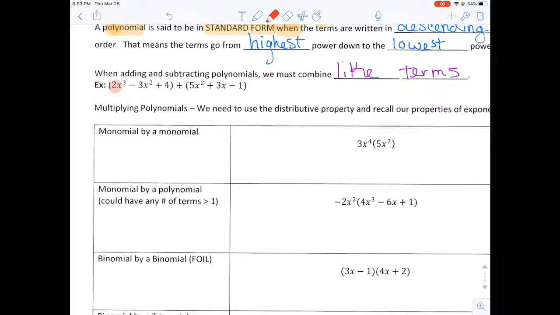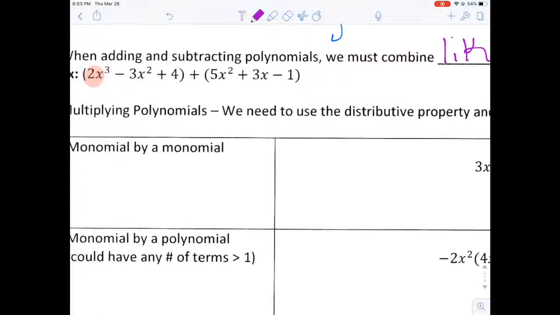Well, there are no other x to the thirds, so that means that piece of my polynomial has to stay by itself. So the beginning of my equation, because this is the highest power, I want to write it in standard form. I start with that one. It's going to be 2x to the third because there's no other match. I'm going to cross it out once I'm done using it and move on to the next set, the next